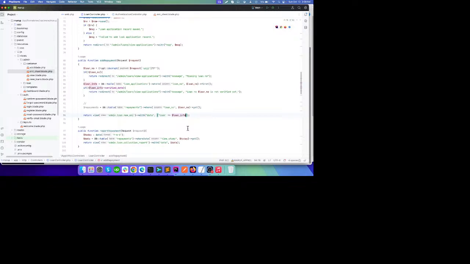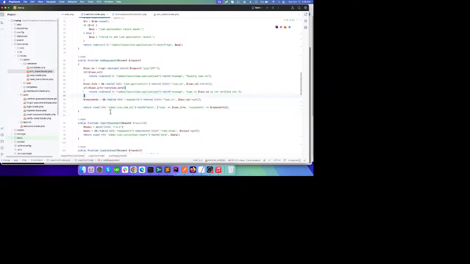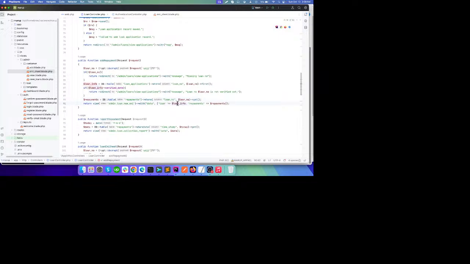Simply pass here as an array, repayments. Okay, earlier our template was only receiving the loan information. Right now it has received repayments also. So in the template, admin loan new EMI,